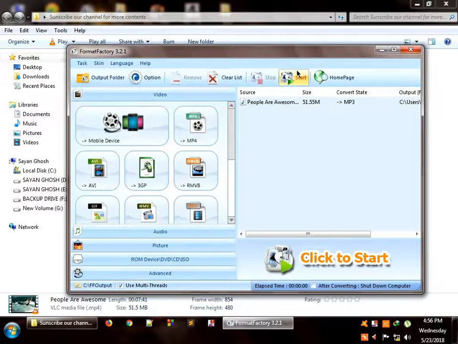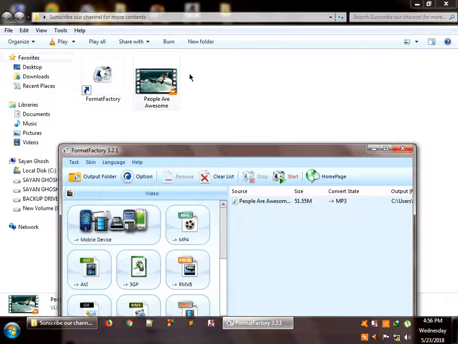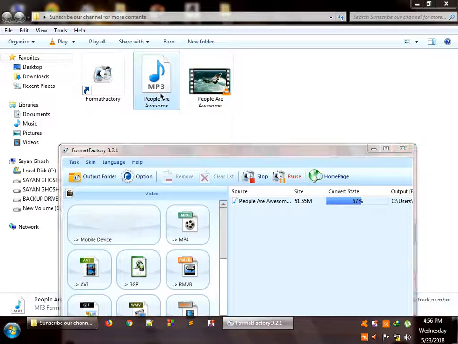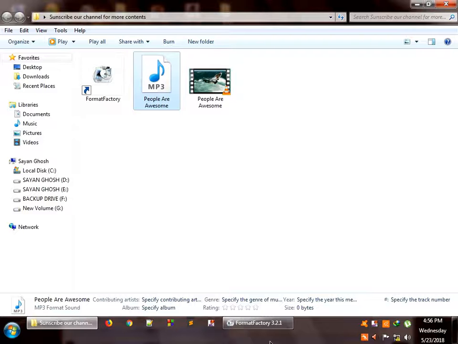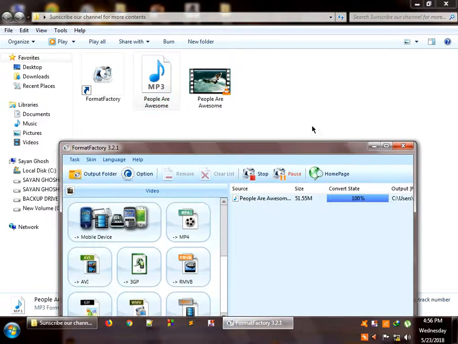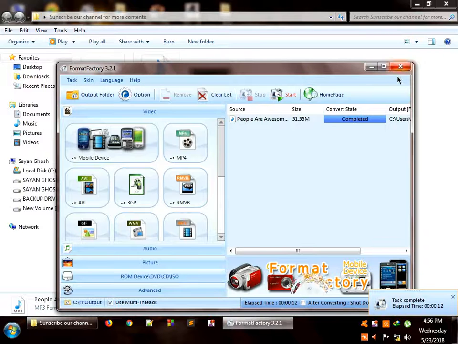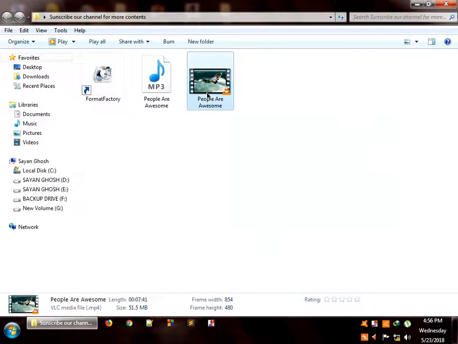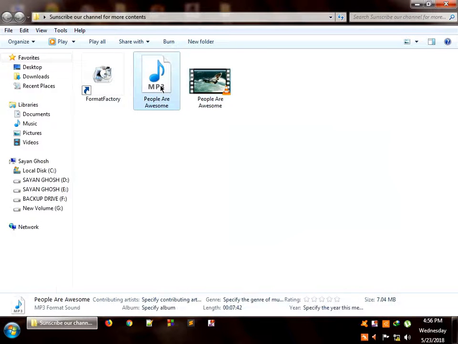There is the start button. So after clicking on this, it will start and the conversion will take place, and the file will be here itself. The new file will be created. So start it. So you can see friends, this is happening. This is .mp3 format sound and done. So close this too, and you can see this is the original video file and this is the audio